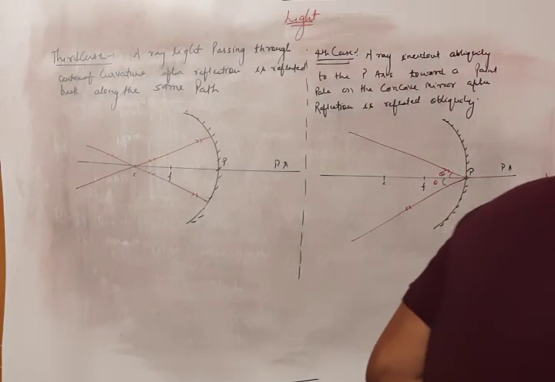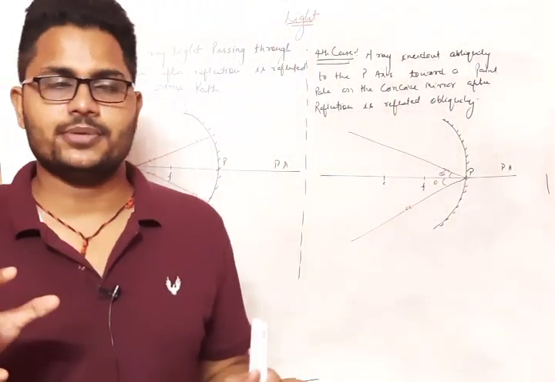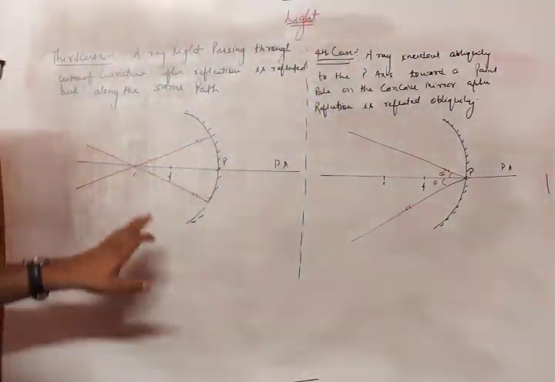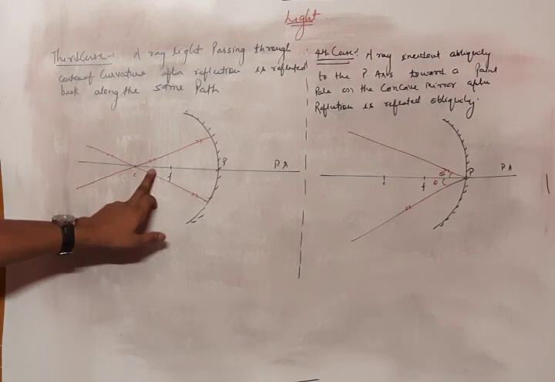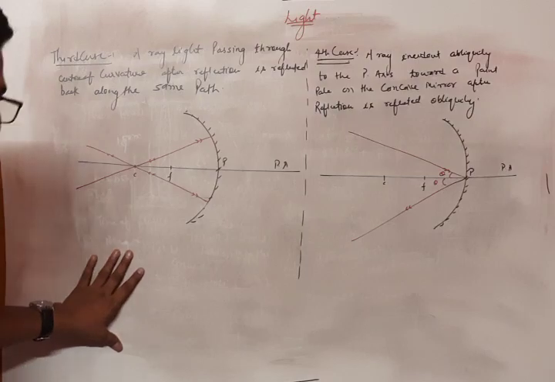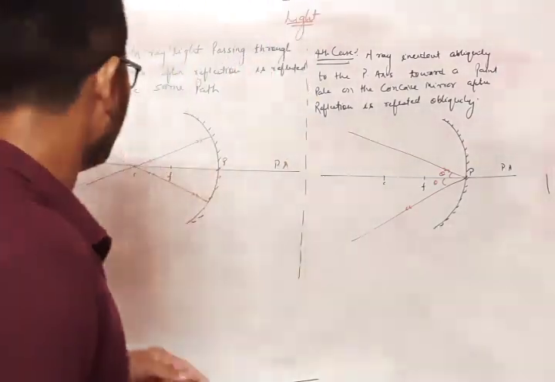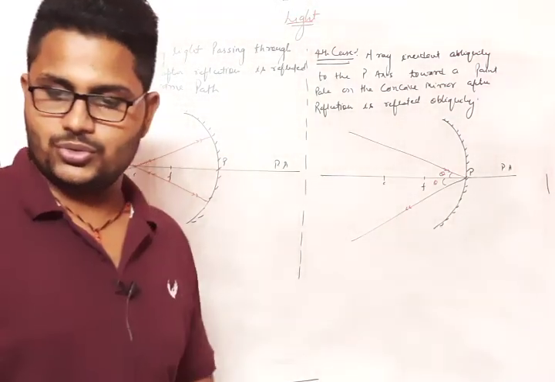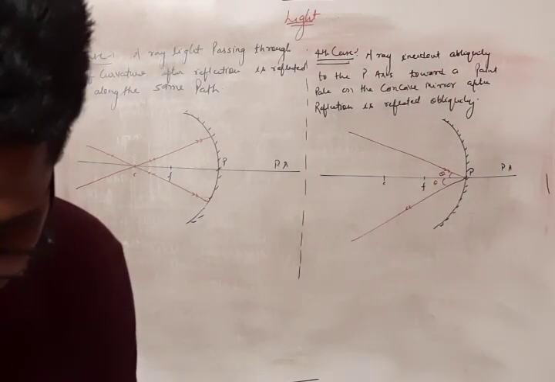Okay beta, so next we will discuss image formation, how the image will form if the object is put beyond the center of curvature, between the center of curvature and focus, and between focus and pole. Okay beta. So how to form the image if the object is placed anywhere on the principal axis. Okay, so I am going to rub it.